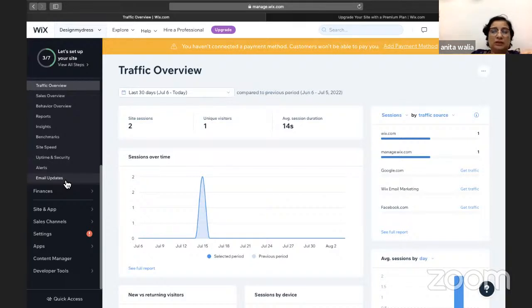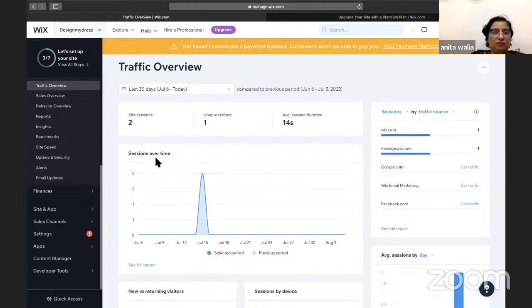So better is that you make a prototype in the website builders like Wix or WordPress, transfer it to AWS, and then use a developer mode there or coding tools over there and make it professional. For example, if you see here, what was the traffic in my site for the last 30